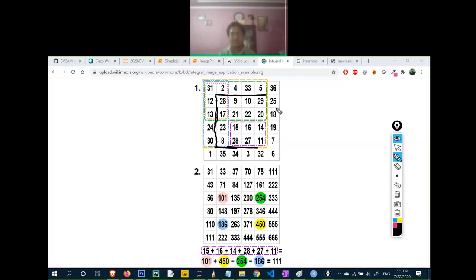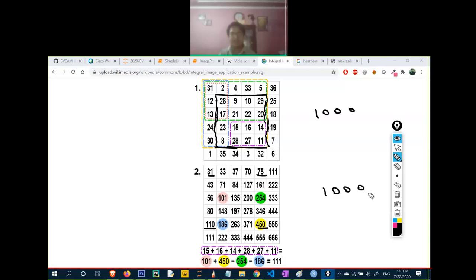Okay. So if I talk about this box, I hope you are able to see the box I'm drawing right now. If I add all the values of this box, let's say I'm getting 1000. I will do only one thing: I will use 31 minus 31 plus 450 minus 75 minus 110. The answer will be 1000.